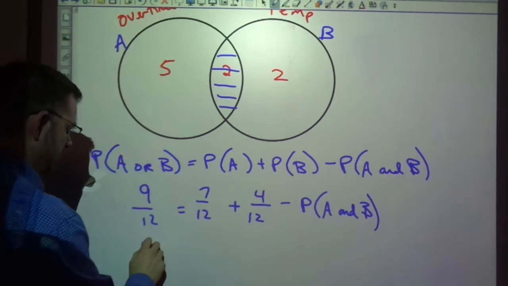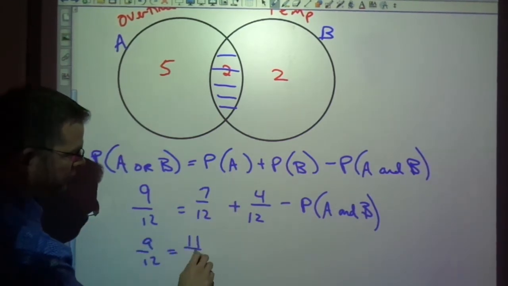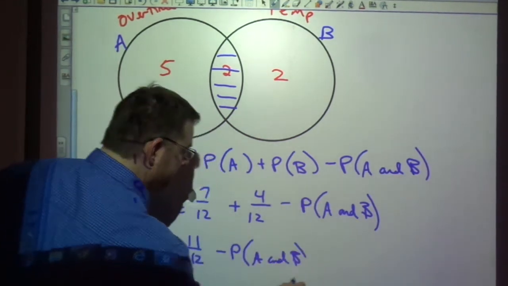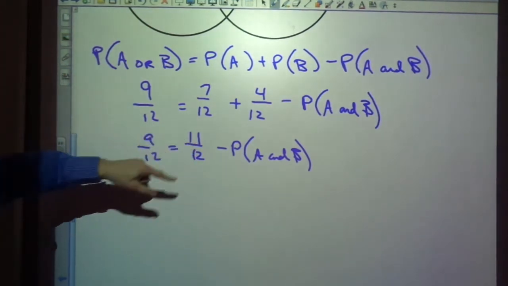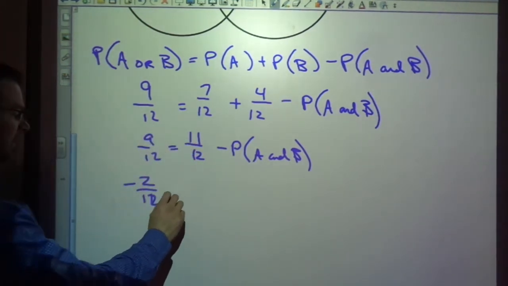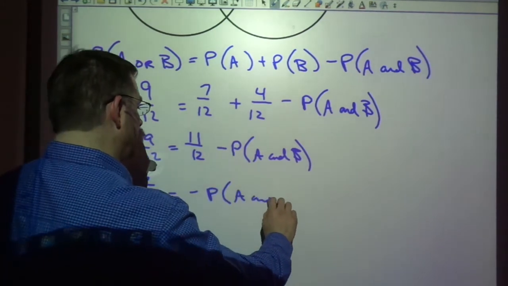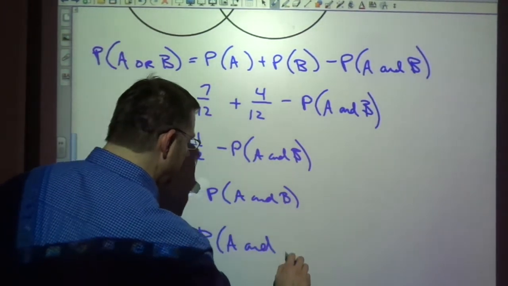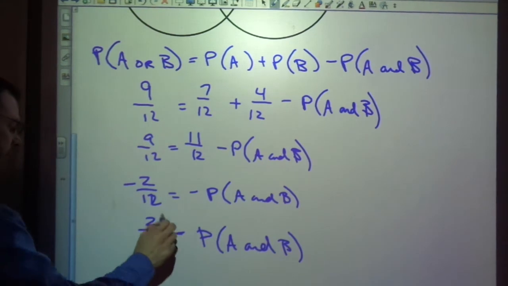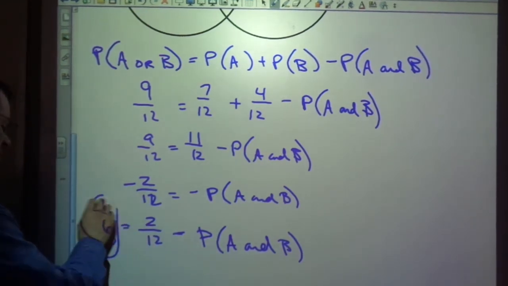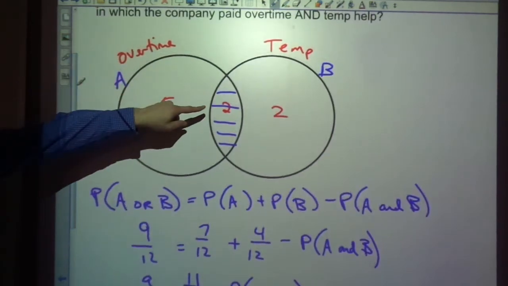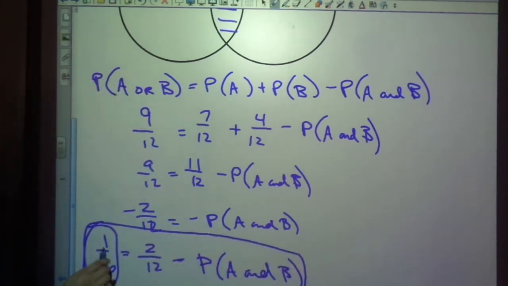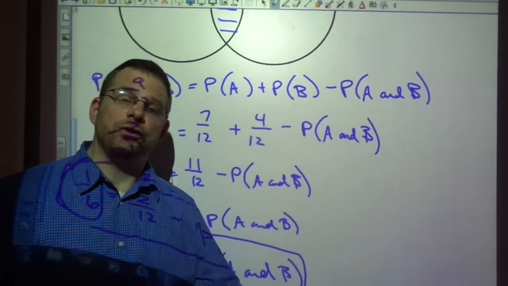So this is 9/12 equals 11/12 minus my variable. So if you think about subtracting here, that'd be negative 2/12. So therefore, multiplying by negative 1, the probability of A and B equals 2/12, which is 1/6. 2 out of 12, that's what I had. So 2 out of 12 months, which is 1 out of 6. We can use that formula to help us find it. Hopefully that helps you to understand mutually exclusive events. Have a great